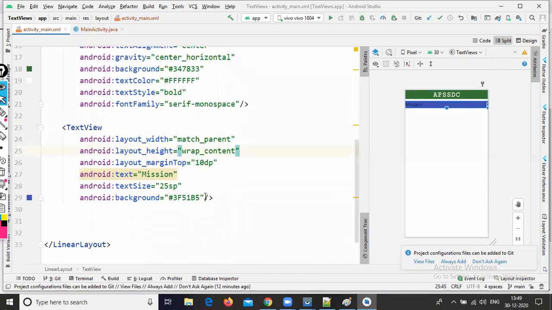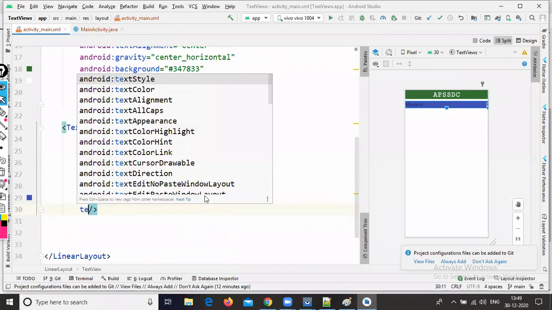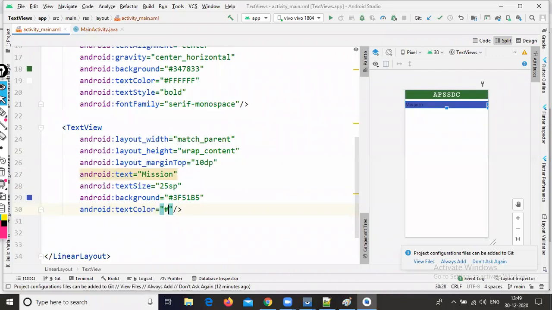Okay, so I want to change this text color to white, so all F, six F's, so it will change to white color. So this is the way you can create your TextViews.